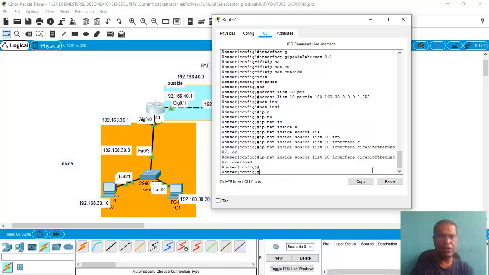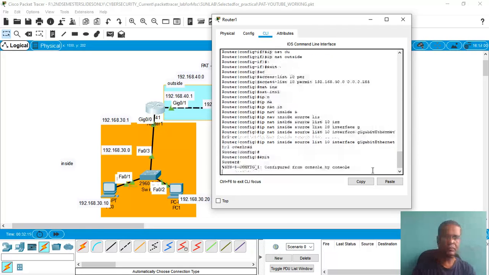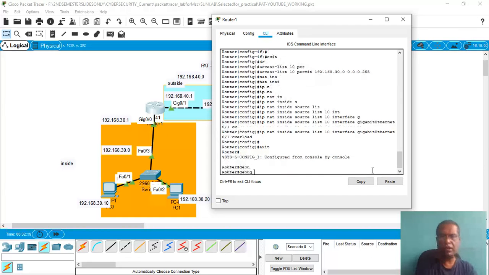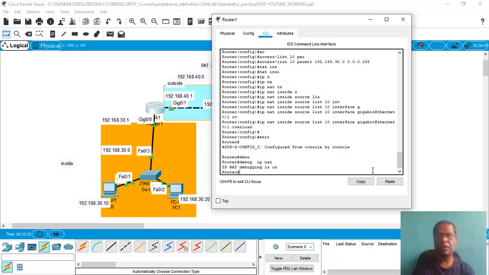Let us check whether this is really working. Let us start the debug IP NAT. So debugging is on. Now once again let us communicate.